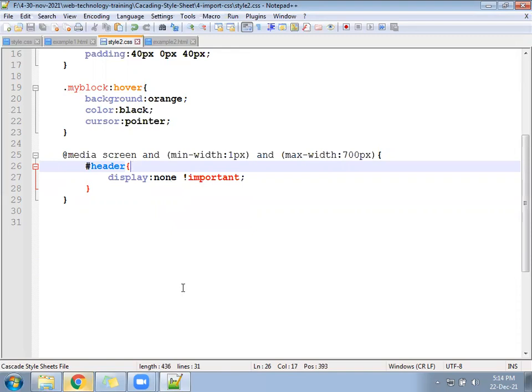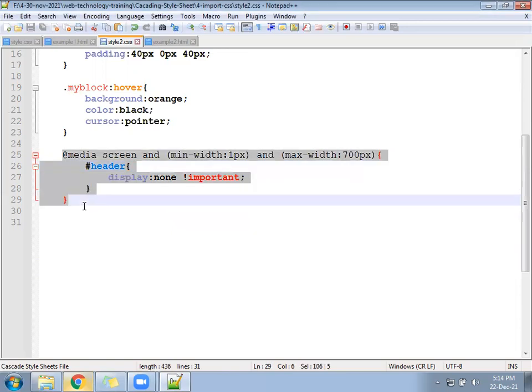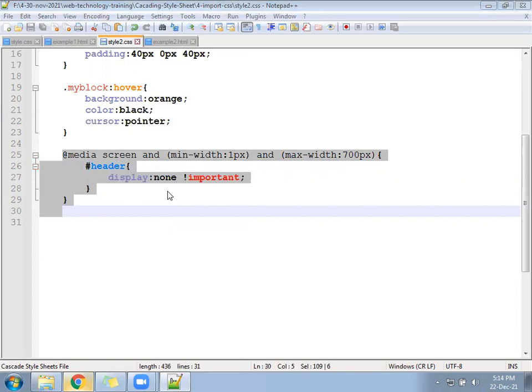Okay, after that, not hiding for you. Check this CSS. You have to make a small size of screen, then only it will happen.